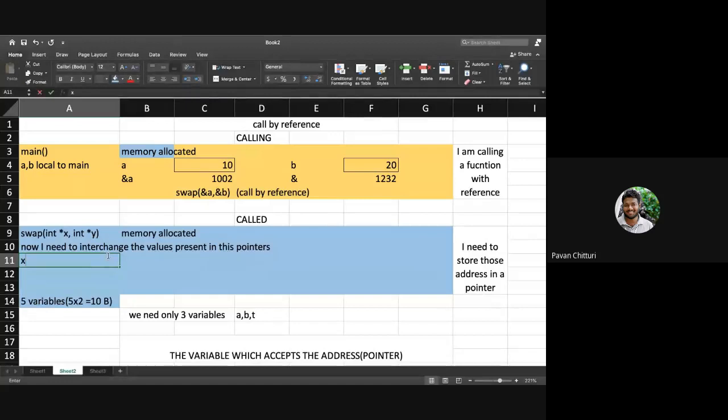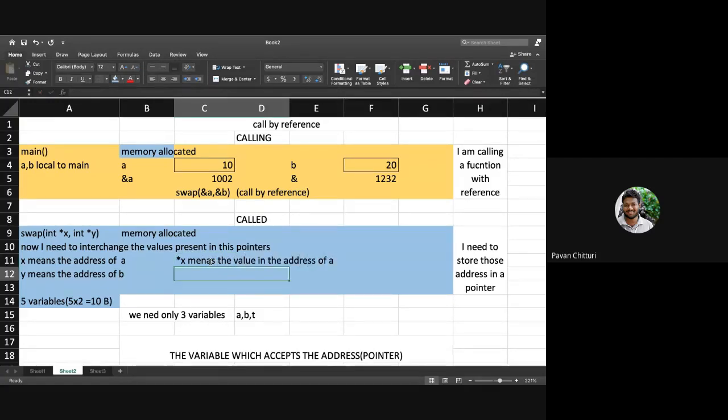Now x means the address of a. y means the address of b. And star x means the value in the address of a.